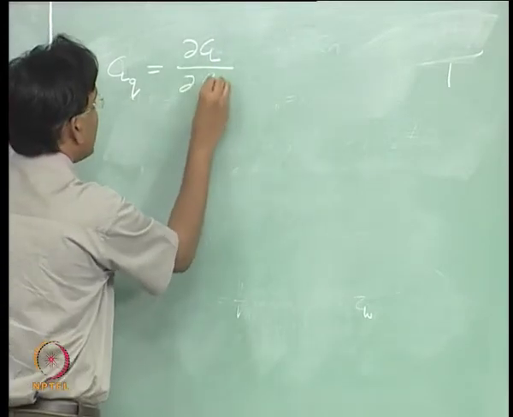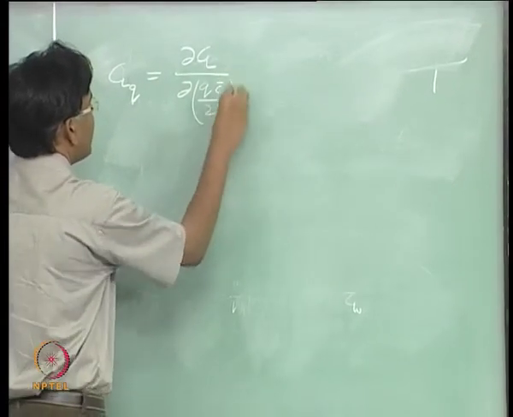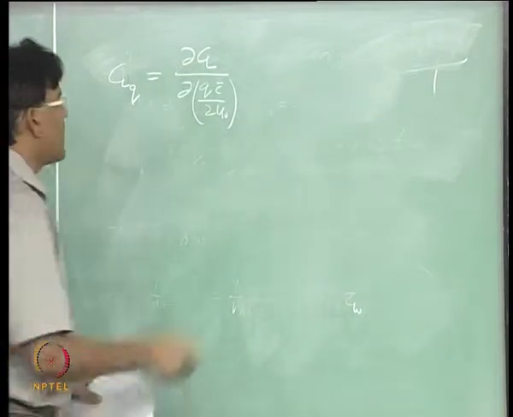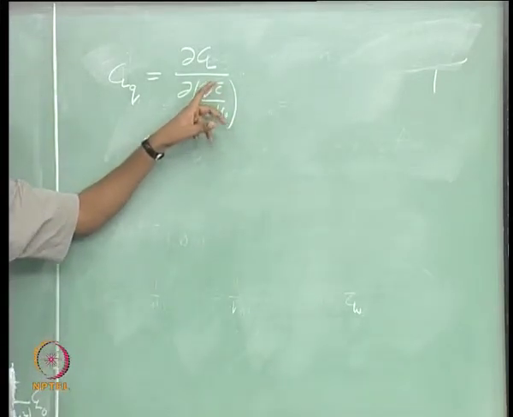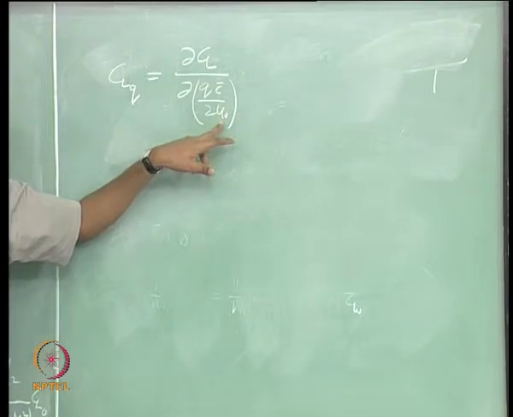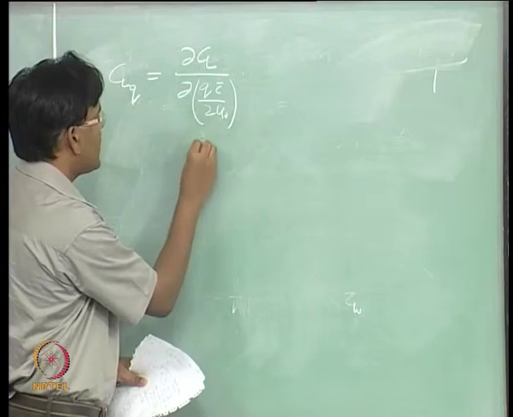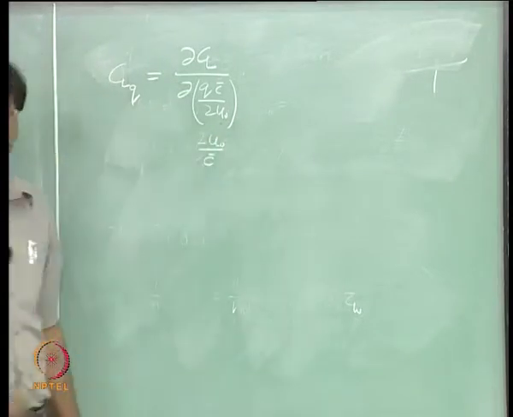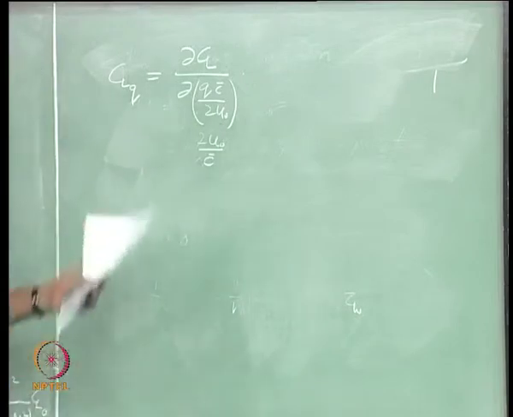So, now I am introducing some parameter which is C bar over 2 U naught. If you look at the unit of 2 U naught over C bar, it will have the same unit as this Q. Q is in radian per second, right. So, that is how you non dimensionalize the rate derivatives.